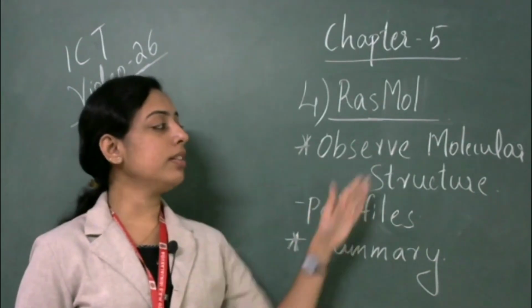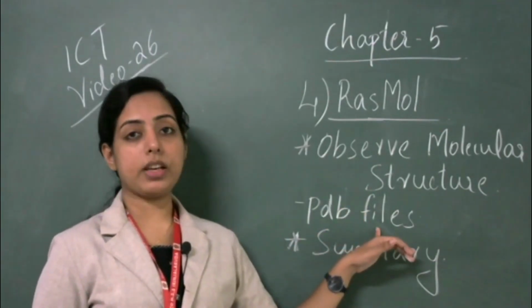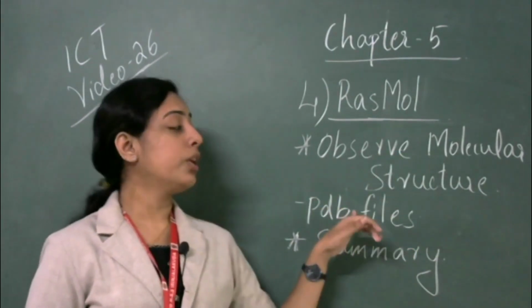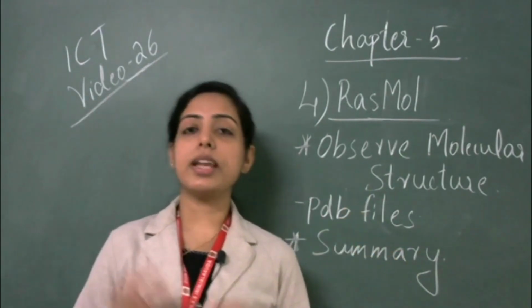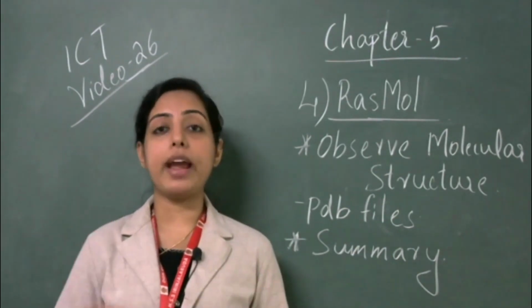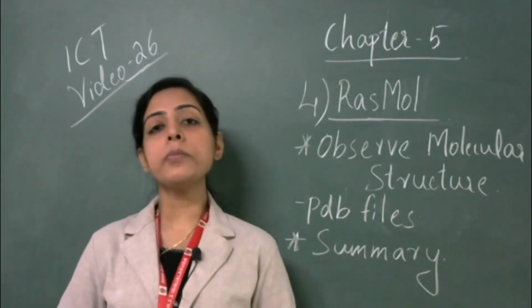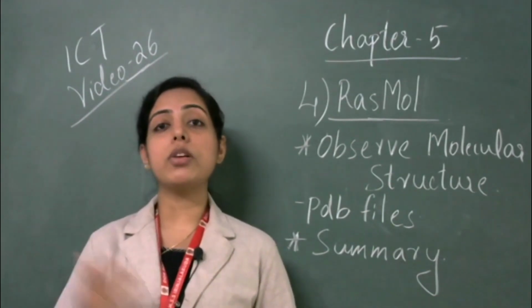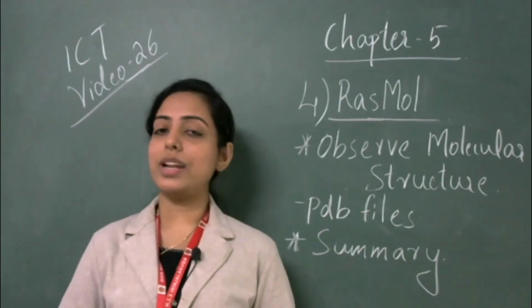To draw these complex molecular structures, we need one file. While using RASMOL software, you need a file called PDB. PDB files are inbuilt in the school resources folder, and from there we are going to open such molecular structures. It is such an easy software, RASMOL. So let's start today's class with this new software, and you can observe the molecular structures of graphite, diamond and fullerene.